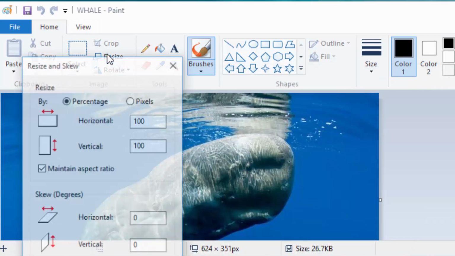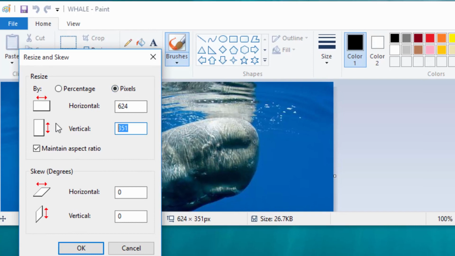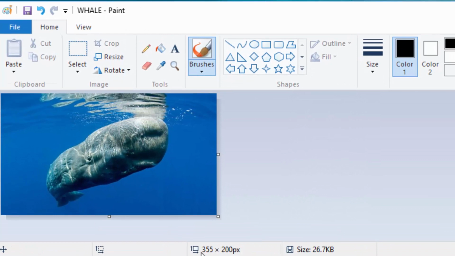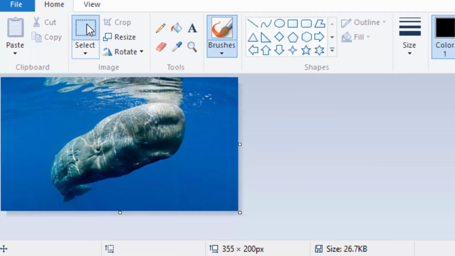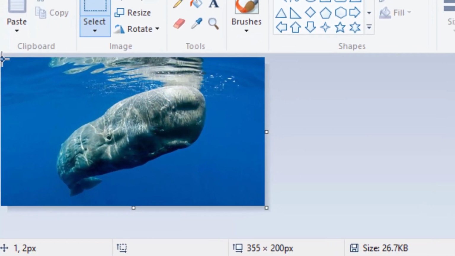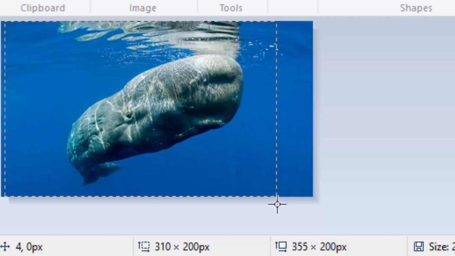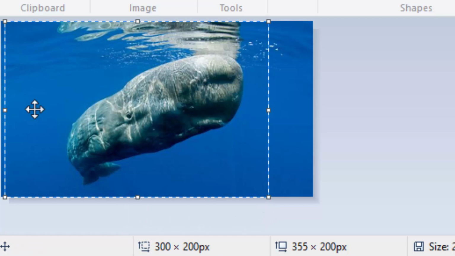I'll start by resizing the height. Choose pixel height of 200 here. Click OK. It is already 200. I will get the other one, 355 here. Just point to the roof, press down and drag like this until I get 300. But with this you can see there is a lot of space here, and here there is little space, so